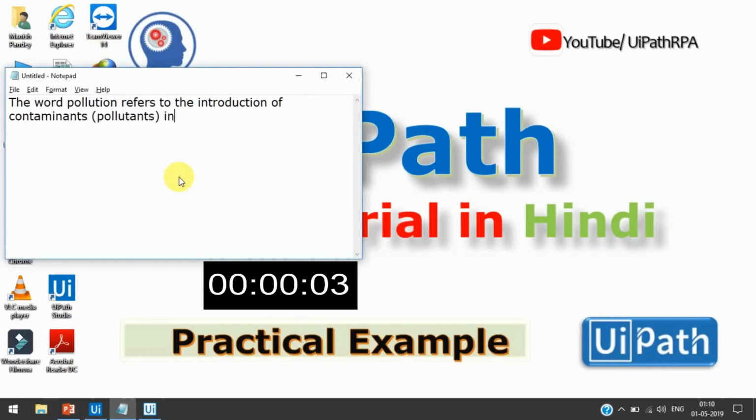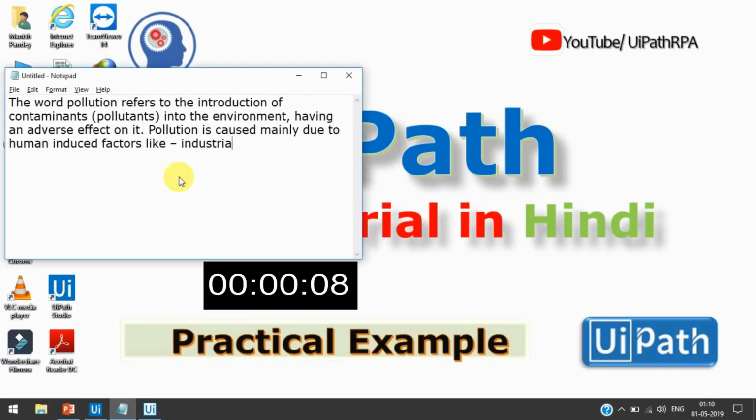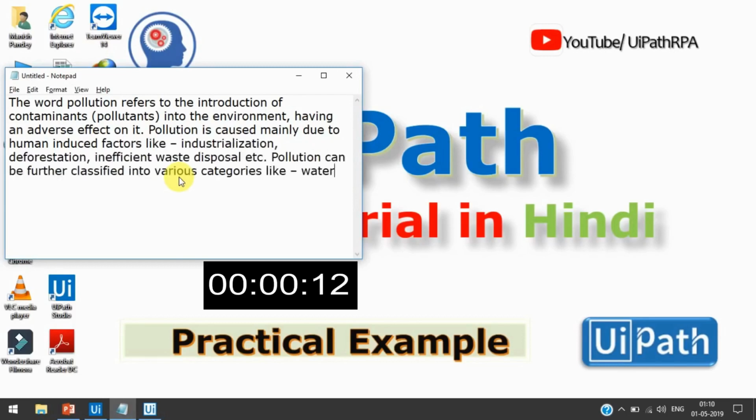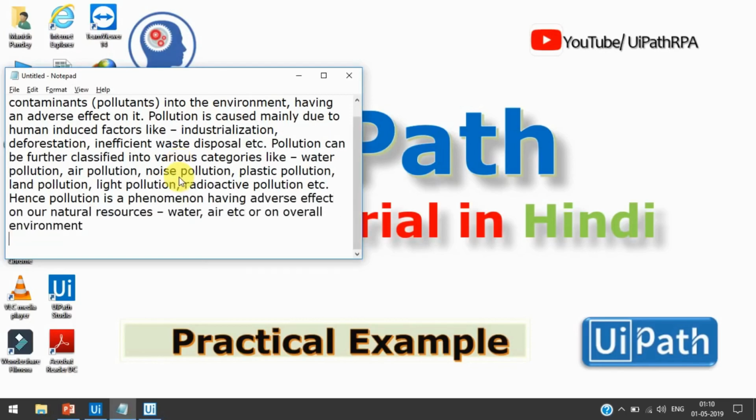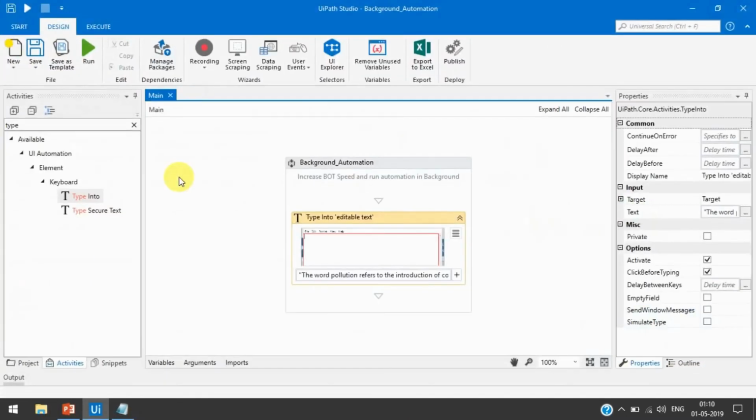So here it is typing same as a human, so it's typing one by one here. Okay, so here is the time. It has taken time here because the speed is 50%.